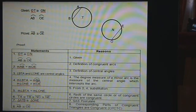So, ano yung part 2 niya? So, again, we have circle T congruent to circle N. And then, arc AB is congruent to arc OE. Okay, what we need to prove is line segment AB congruent to line segment OE. So, baliktad naman, ang ipuprove naman natin ngayon ay yung kanilang corresponding chord. Kung kanina, ibinigay yung corresponding chord ay congruent, ang prove natin kanina sa part 1 ay yung kanilang minor arc. Ngayon naman, ang given ay minor arc ang congruent, ipoprove natin yung kanyang corresponding chord ay also congruent. So, these are the statements and reasons for